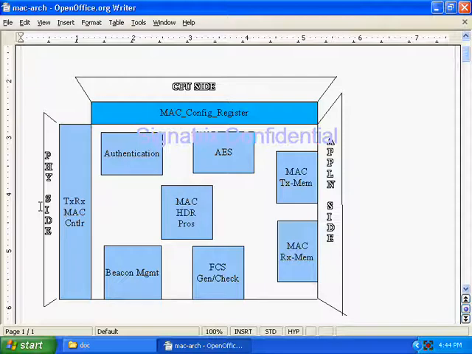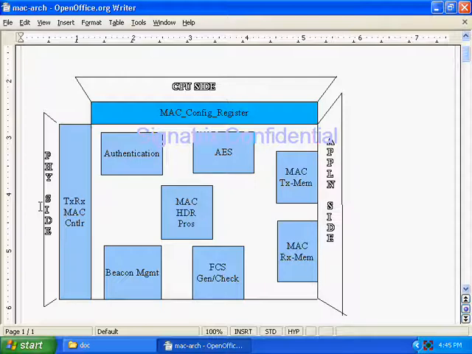MAC header. Before that, the file header. And here we may have the preamble. This is a general packet format. Here, in this architecture diagram, I kept the MAC header process module.